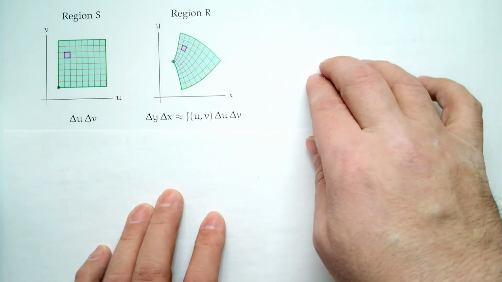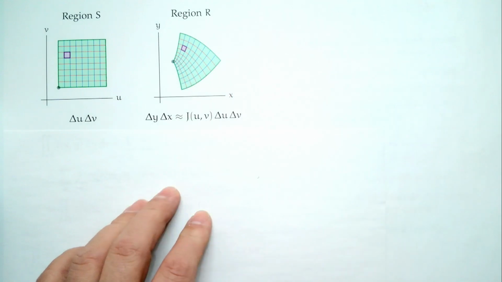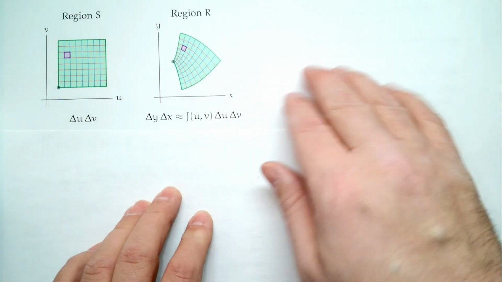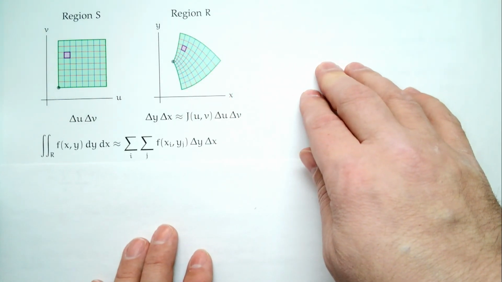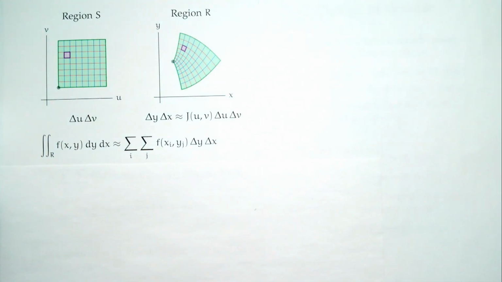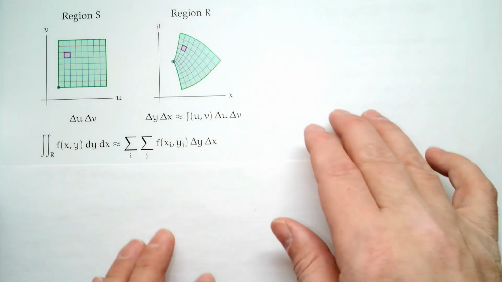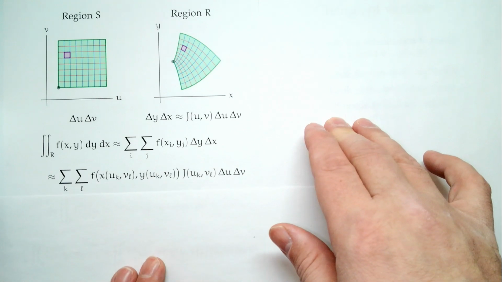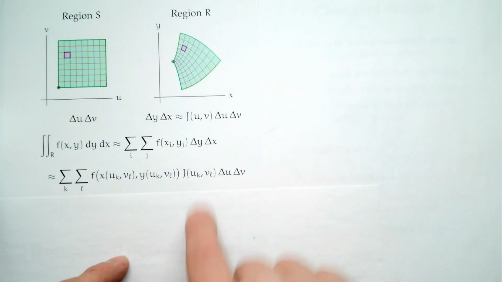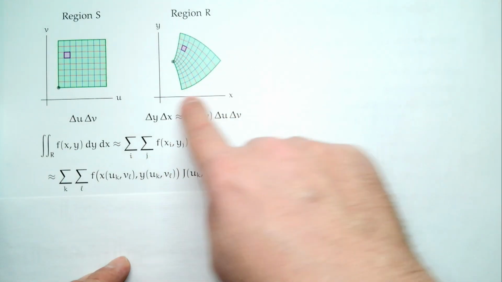So here's our basic idea. Suppose I want to find the integral over this region R. Now that's not so bad. We know how to do that. If I want to find the integral over a region, I break it up into little tiny pieces. I add up the contribution for each piece. Now what we say is, all right, let's rewrite this sum. And the way we're going to rewrite the sum is, instead of breaking things up over here,